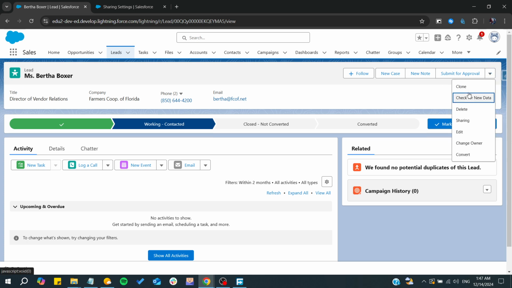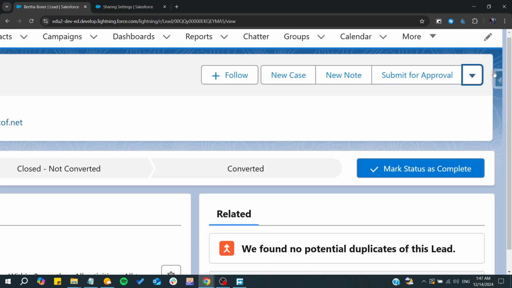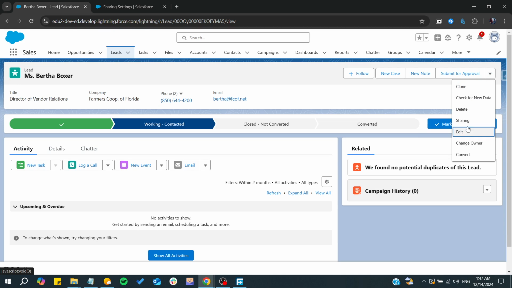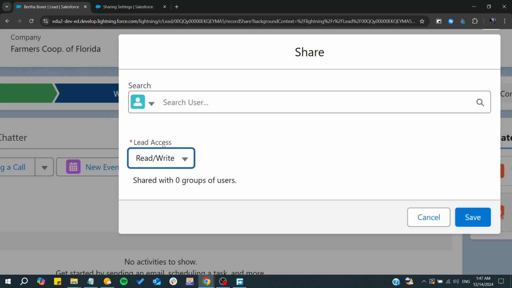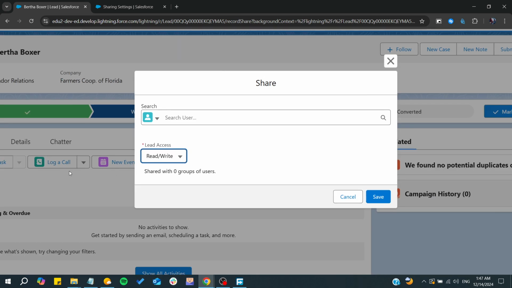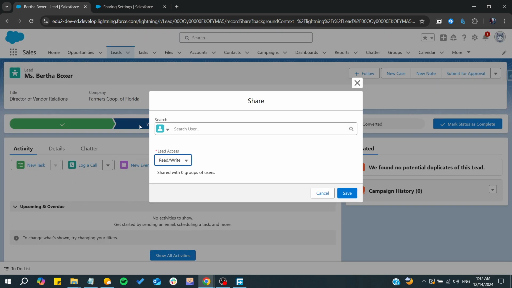So simply, we need just to go to the quick action button. We click here and we will find sharing. Then you will need just to add the lead access, which would be either read only or also read and write, meaning that the people you share this record with can modify or add any other stuff